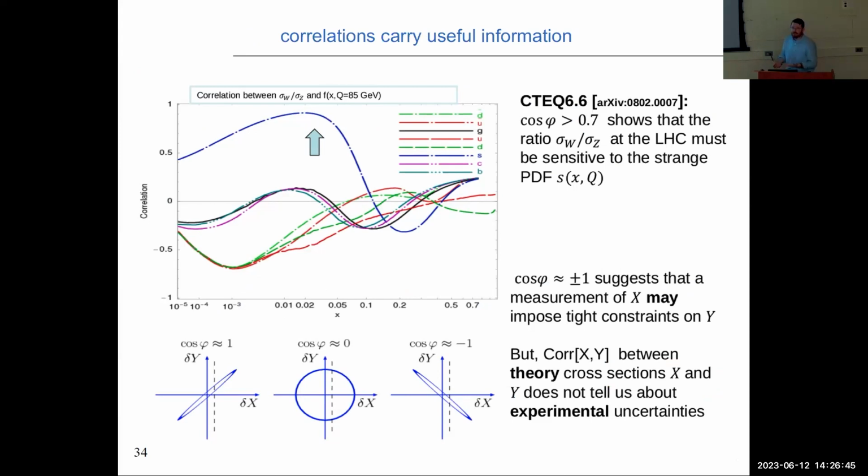I can play this game and try to get some feeling for how the PDFs relate to phenomenological things that I might calculate on the basis of the theory I have, as well as the fitted PDFs. So for instance, in a correlation plot of this type, where I'm plotting a Hessian correlation between PDFs of defined flavor and, in this case, a W to Z boson production cross-section, you can see that there's a very close relationship between the strange PDF, particularly at low x, and these types of cross-sections.